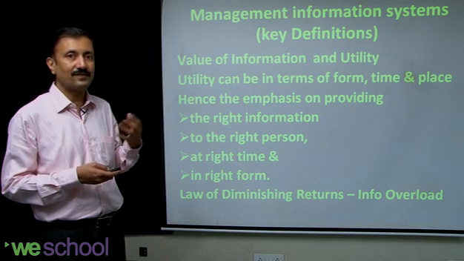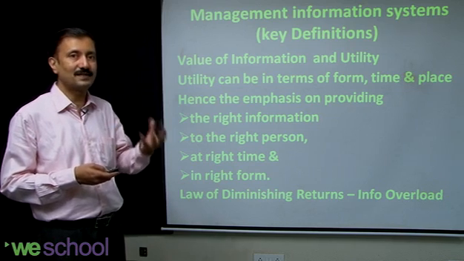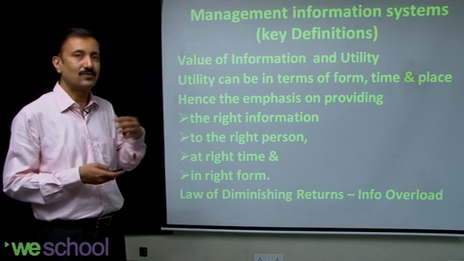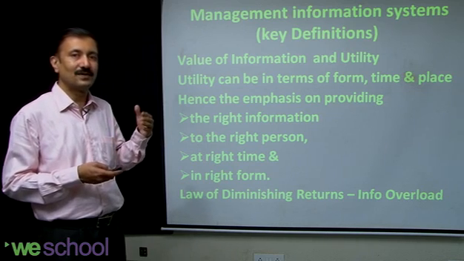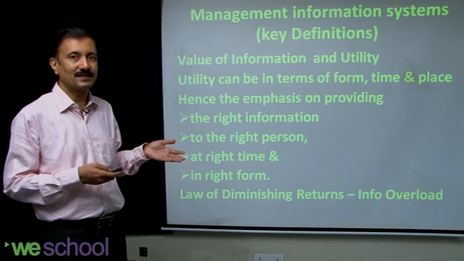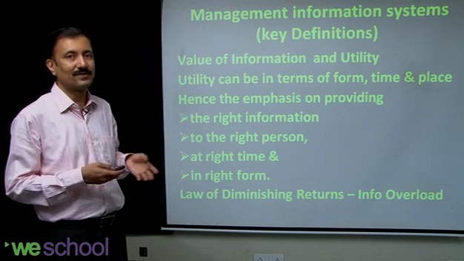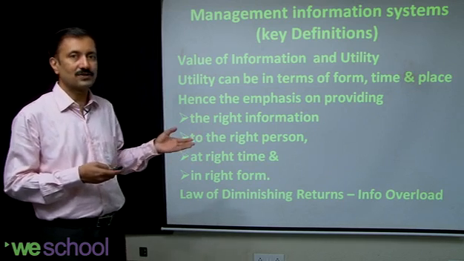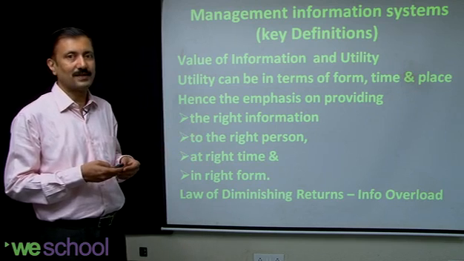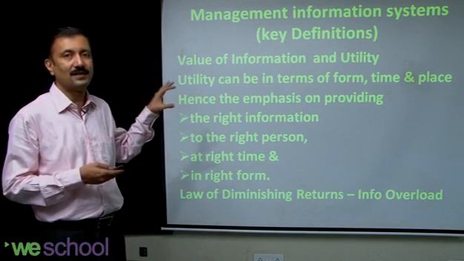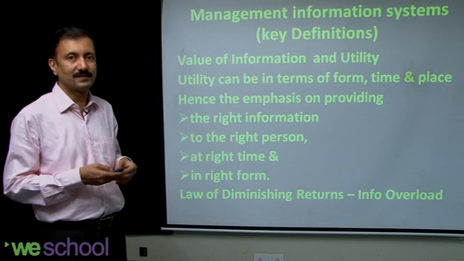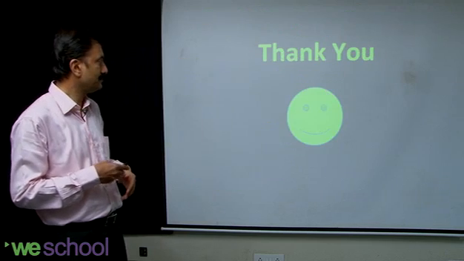So if you can have information systems which can flex themselves, which can provide more or less information depending on what the need of the situation is, that's an ideal design for an information system. It also does not overload the person. At the same time, it ensures that there's a perfect marginal utility for the information that is being provided.